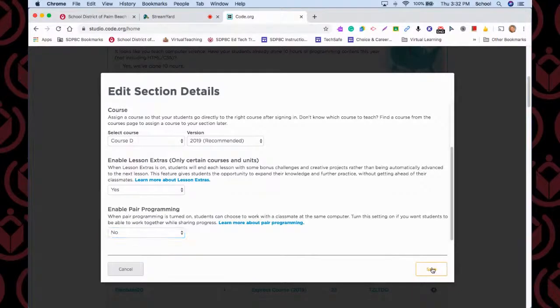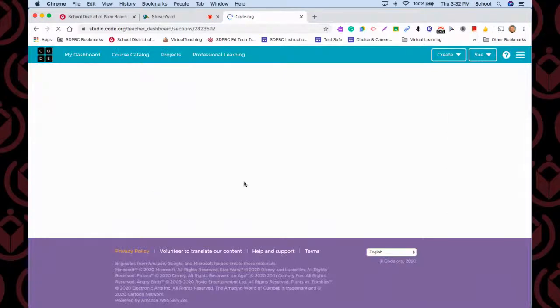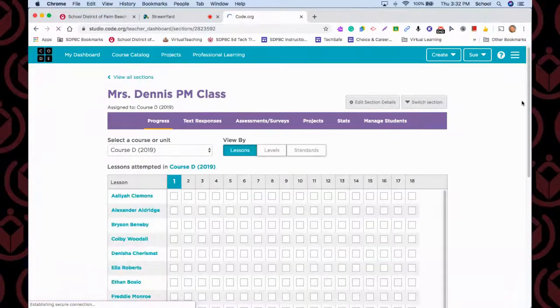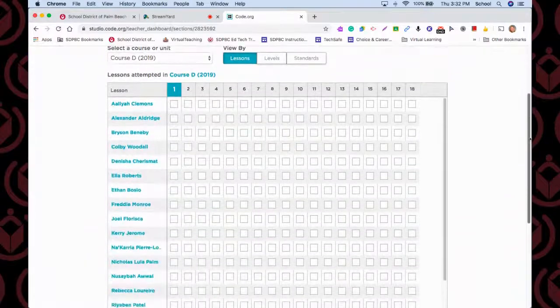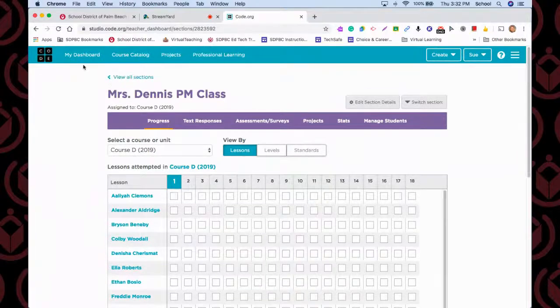I'm going to save my settings, and there is Mrs. Dennis's class. When I click on it, all of the students should be there because it pulled all the data in from Google Classroom. And there they all are. And when a student signs in, it's going to automatically, on their dashboard,